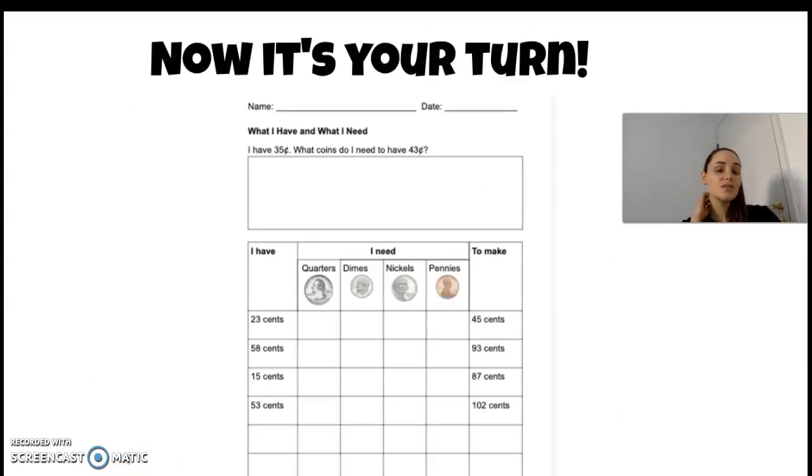Okay, friends, so now it's your turn. You're going to have this worksheet in your plan and you need to answer this question that we did together, and then you're going to fill in the chart that we also did together, okay? In case you have any question, please come and ask me in the one-to-ones and I'm here to help you,